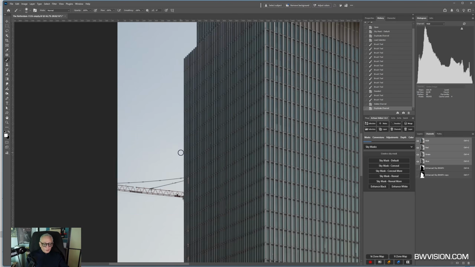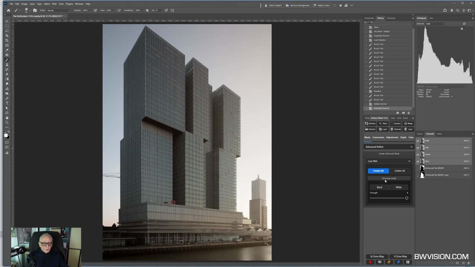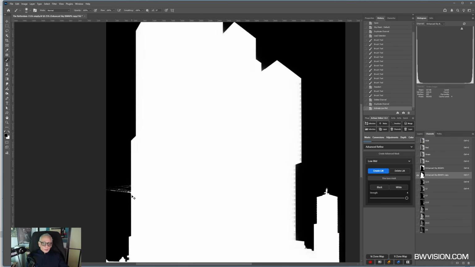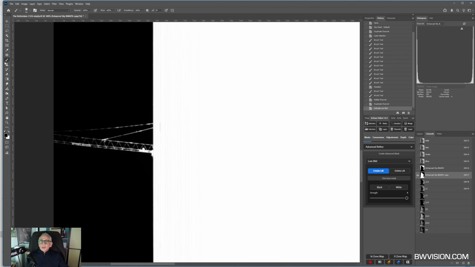And again, if you look at the photo, if you go to advanced refine, then it should be more low mid. I know that from all my photos. Usually I take a photograph that's a little bit underexposed. I never have the perfect histogram, it's always a little bit underexposed. And that's also why I know that usually I'm in the low mid or the low key kind of zone, never in the high key. So low mid, stand here, so I'm going to select it,